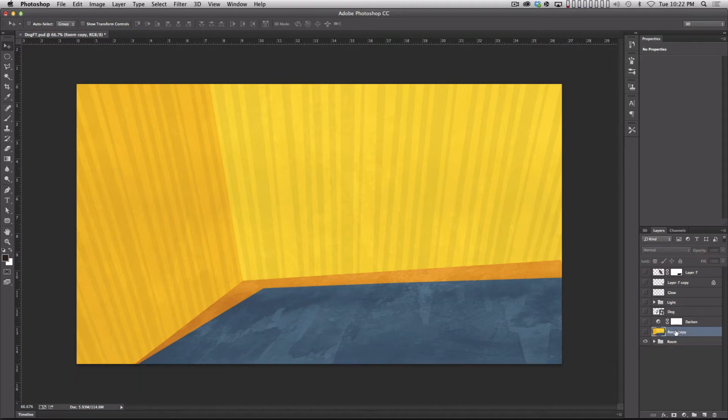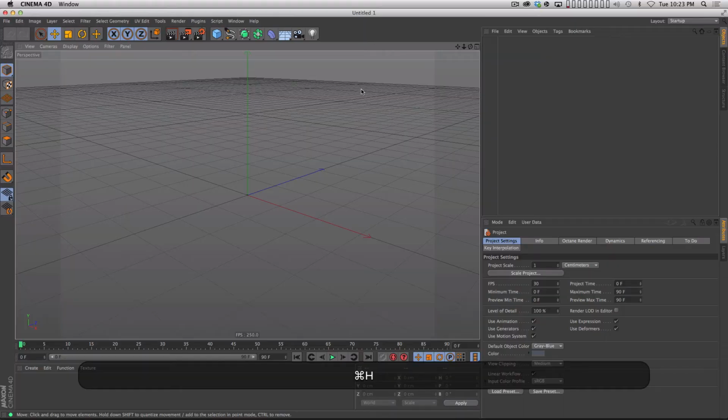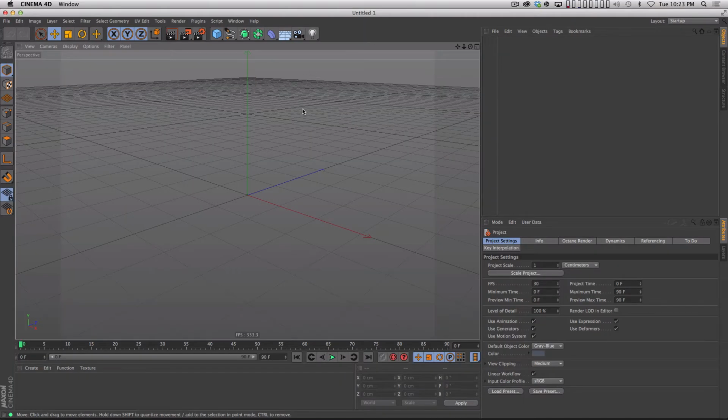And I did that so I could have one layer in my Photoshop file called room copy that contained my entire background. Back in Cinema 4D, what we're gonna do is add a background object, okay? And again, if you've never used Cinema 4D, I apologize for dragging you into this mess. Just follow along. I'm gonna try and explain it as though you've never even opened this program before,